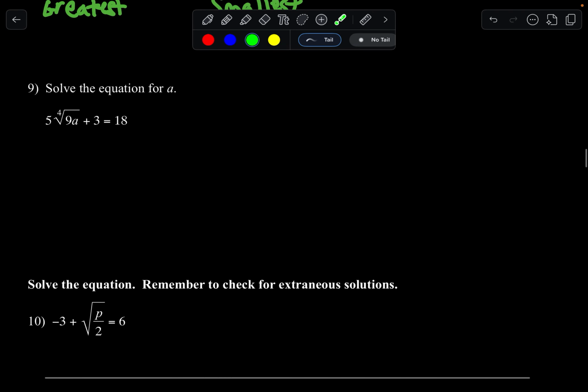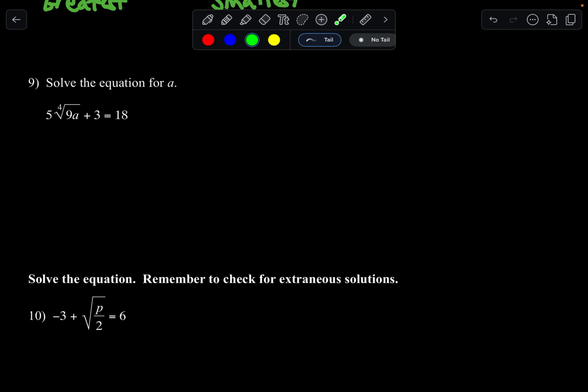All right, question 9, they want you just to solve this equation. This is from Unit 6, the last lesson in Unit 6 about the basic idea of solving equations. In this case, we have to strip everything off of basically that fourth root of 9a. So notice we are adding 3 to it, and then multiplying it by 5. So the first thing we need to do is to drop opposites, because I'm starting to strip everything away from the fourth root. So this is the 5 times the